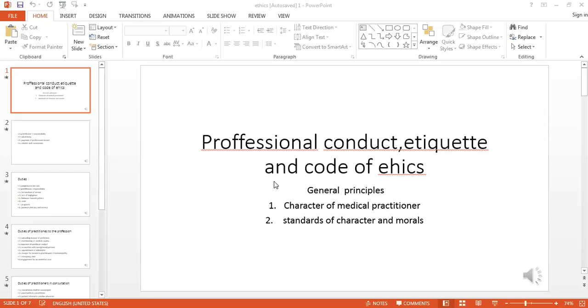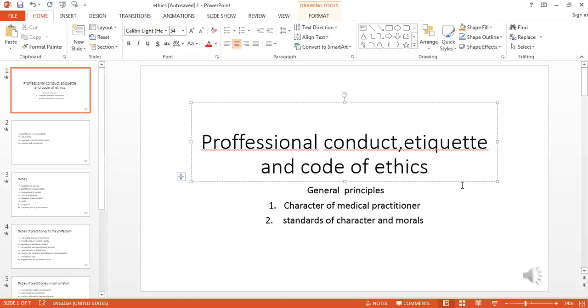Today we will take a very new chapter, that is professional conduct, etiquettes, and the code of ethics. This is a very new chapter to you, and here certain rules and regulations are explained for the general practitioner or the homeopathic practitioner. How the practitioner should behave in society, what his moral duties are, how he behaves with the patient. All these things are given